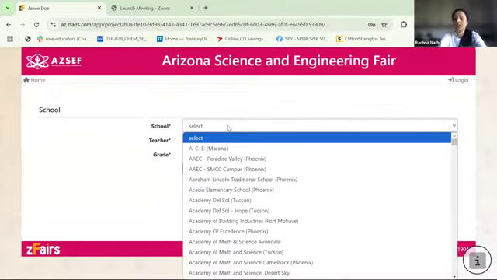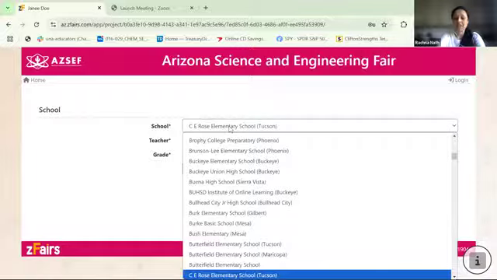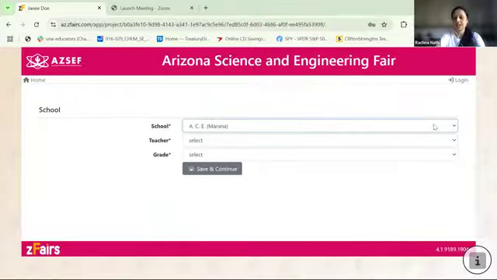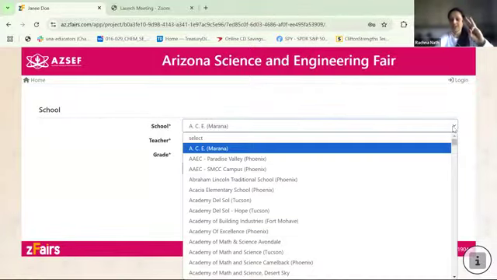School, I will click on school. Now, I'm taking the step of Arizona College Prep here because in this list, depending on what the teacher or you put in, it puts up a new entry. So for example, if I put ACP,